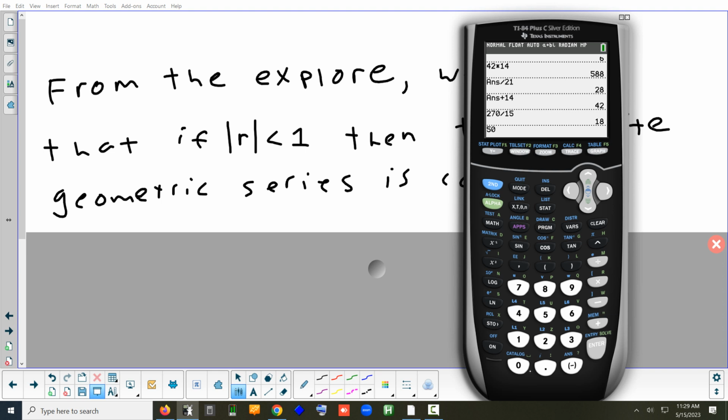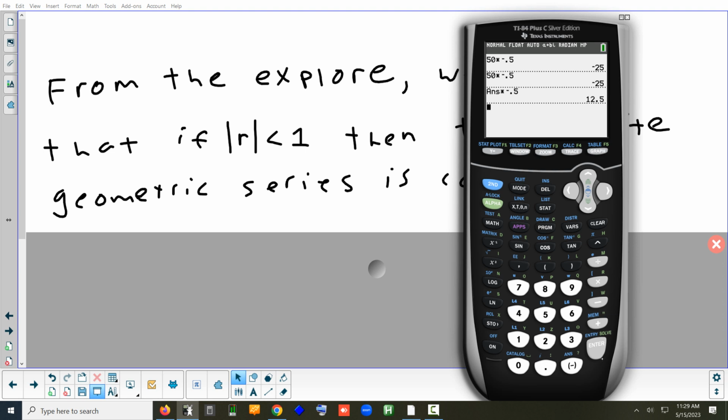So let's take like 50 multiplied by -0.5. Okay, so you get -25, and then multiply that by -0.5. Then you get +12.5,